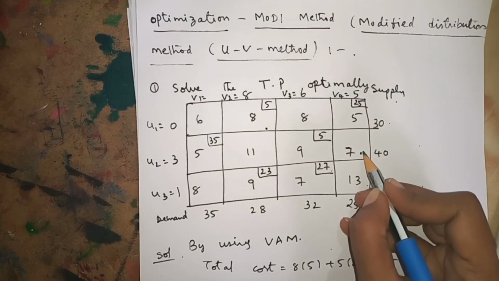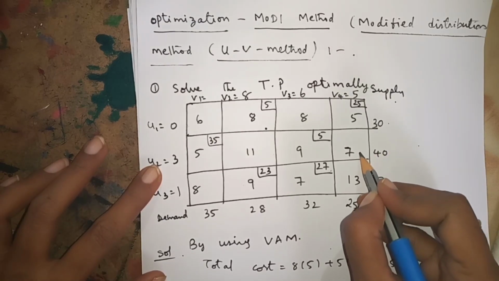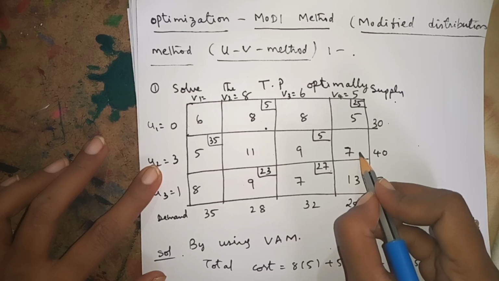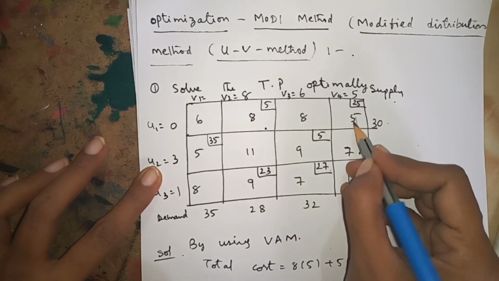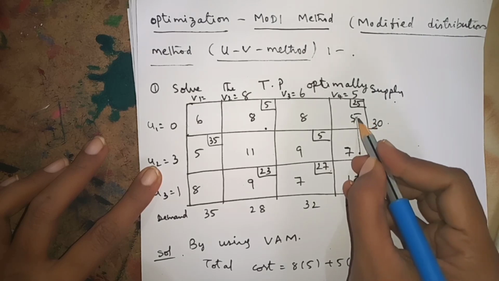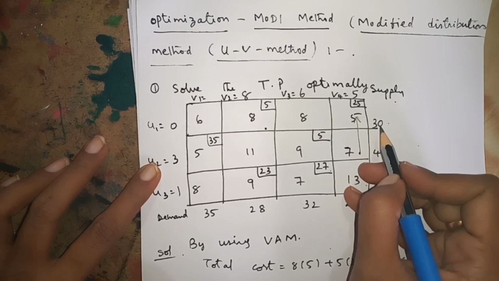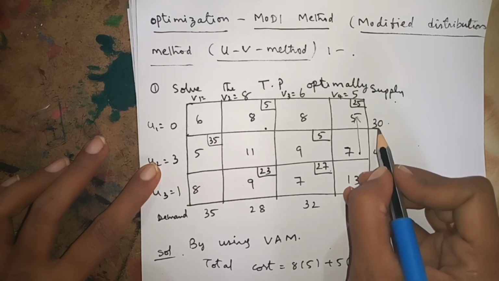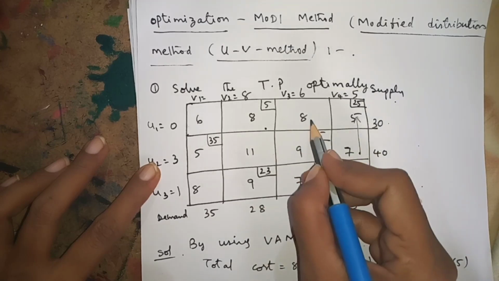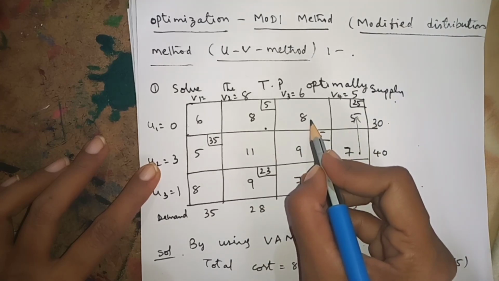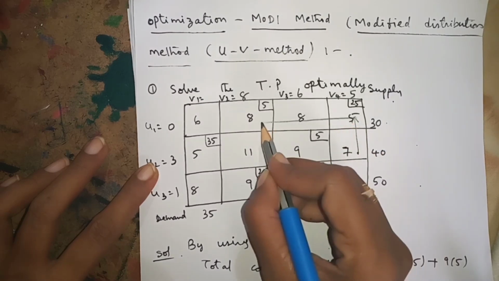Now from one point, from here, it is starting from 7. To form a closed loop, to turn, see from here to here, it comes like this, and here an occupied cell is there. Wherever an occupied cell is there, then only the closed loop can take a turn. Here an occupied cell is there, that's why we can take a turn. Here there is no occupied cell, that's why we cannot stay here, and we can jump from here to here